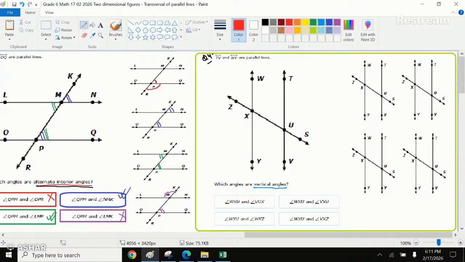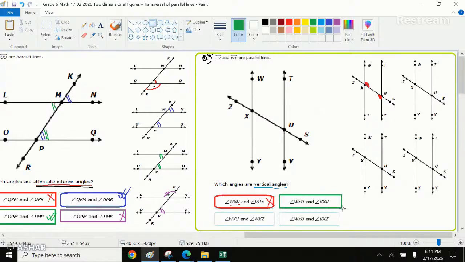If we look at the first option, I'm marking with red the angles W, X, U, this angle, right? And V, U, X, where is V? V, U, and X is this angle. Are these two angles vertical angles? They are not vertical angles, right? So we say they are not vertical. For the next option,